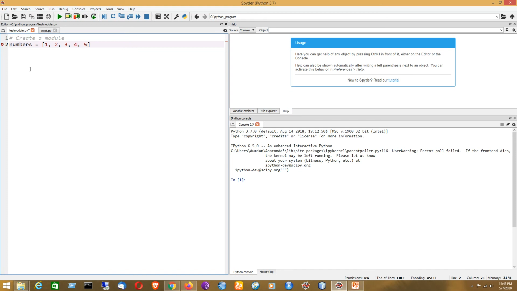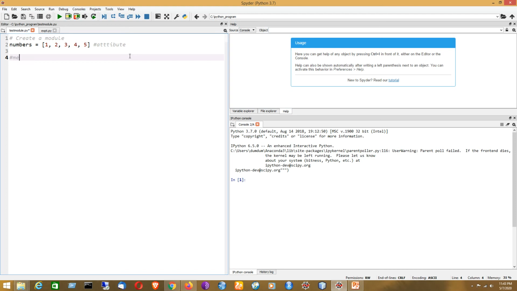It is basically a list, but it will represent an array here. So it is an attribute. Clear? It is an attribute defined in this module named test module dot py.